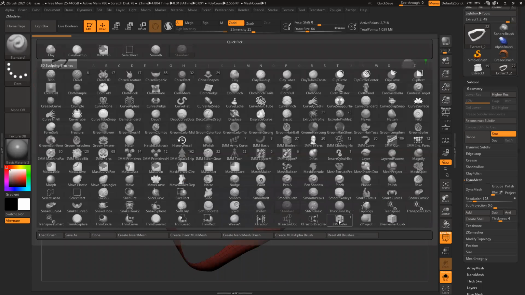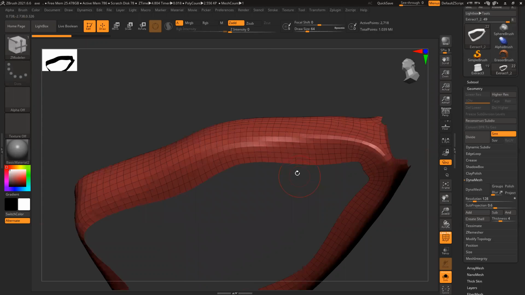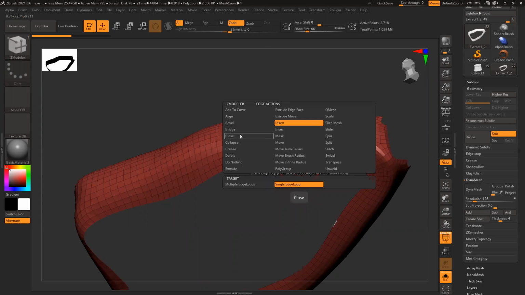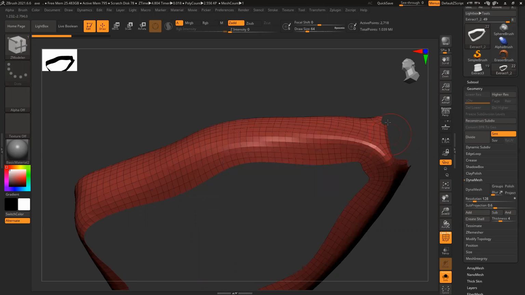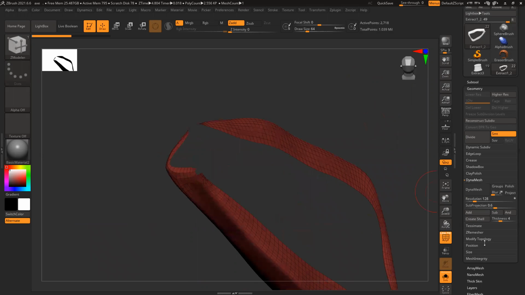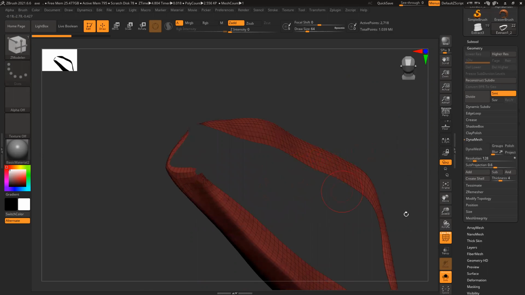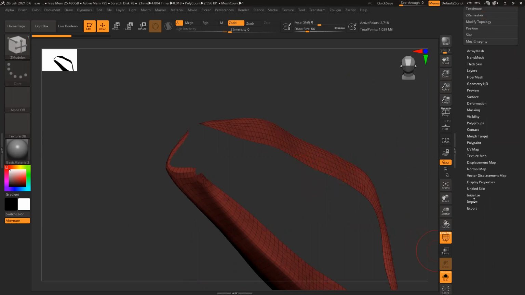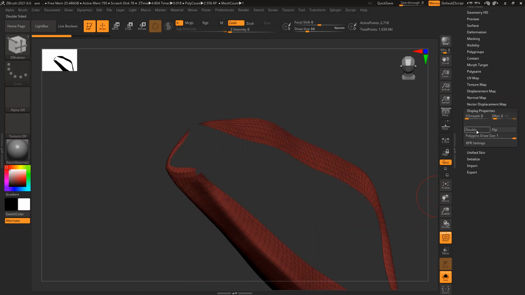Let's see Z modeler if I can bridge it. Two holes. And I cannot see the model both the sides because of the back face culling. So just switch on display, make it double.